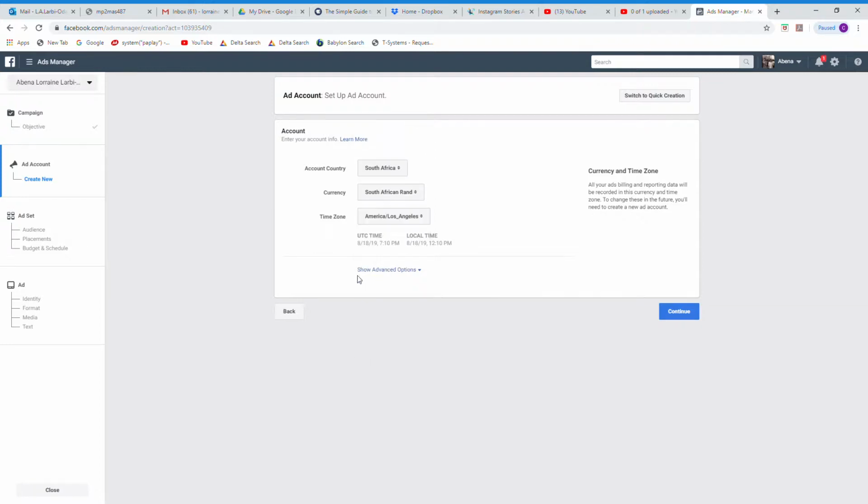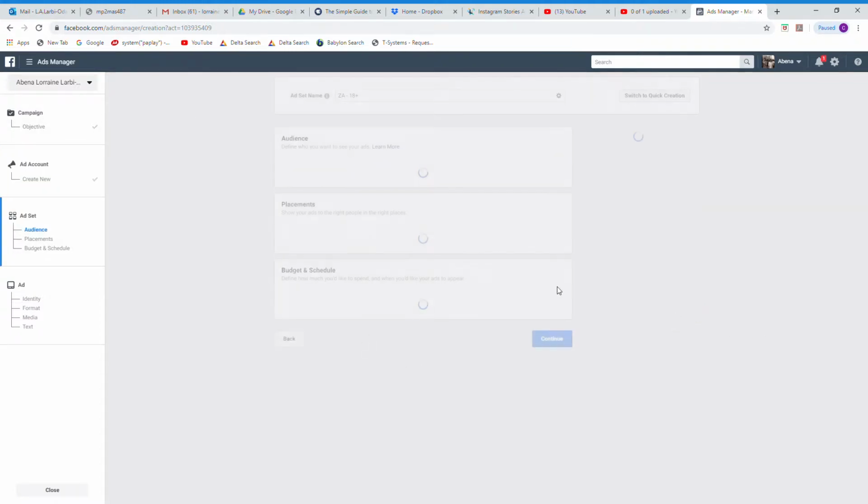Quite interesting. And time zone, very important. I've got Africa, Johannesburg, but there's also America, Los Angeles. Very important that you set your time zone to the right place, because you don't want your ads running at midnight in the UK because you set it to American time, and then no one ever gets to see your ads, and then you'll be like, oh no, Abner and Artemisa, you lied to me and said paid advertising will give me results, and then you don't get the results. It's because you had the wrong time zone. So it's very important to have the right time zone. Anyway, so when we're done with this, we move on to the next